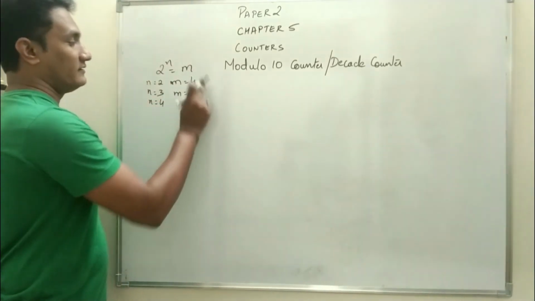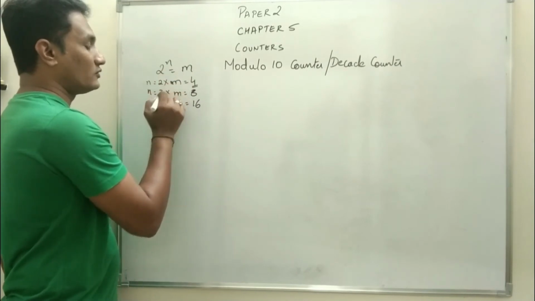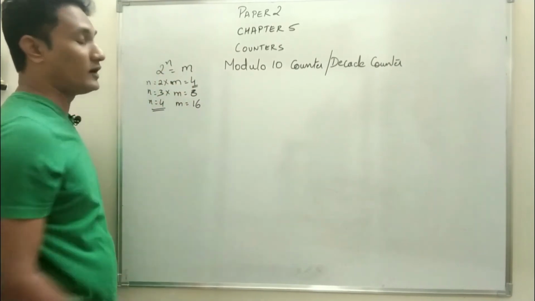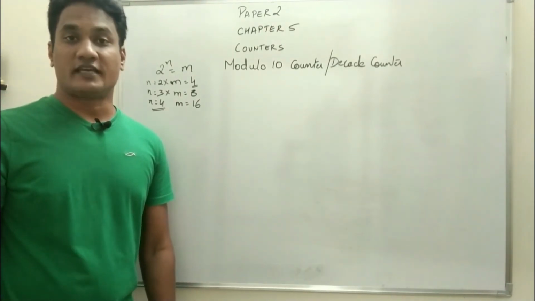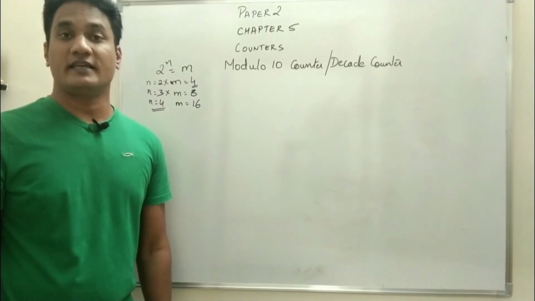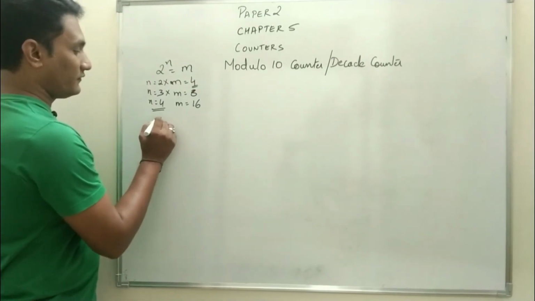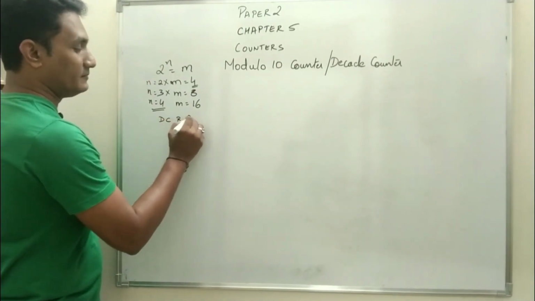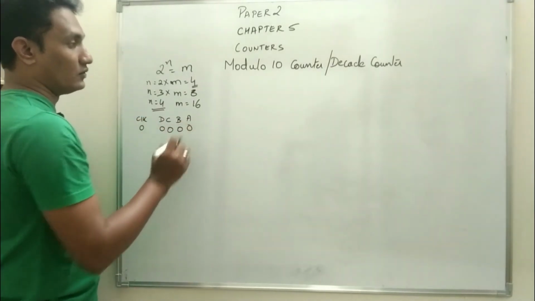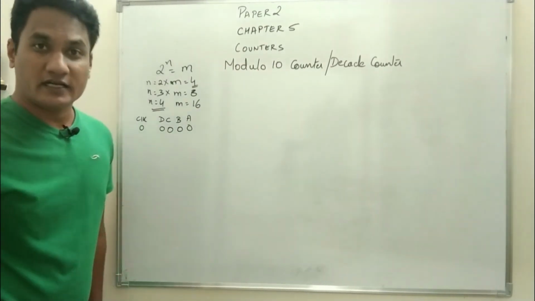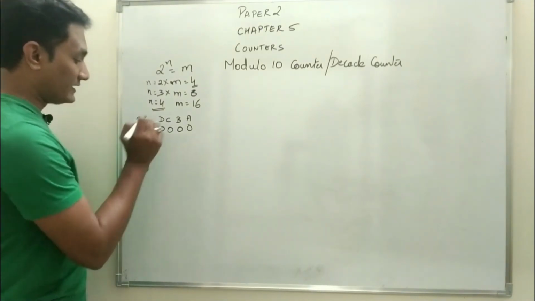So from this process we understood that you cannot use 2 flip-flops, you cannot use 3 flip-flops. The minimum number of flip-flops which has to be used is 4. So we have to use 4 JK master slave flip-flops working in toggle mode, right? The flip-flops will have the states like this, D C B A and clock. When clock is 0, the count will be 0 0 0 0.